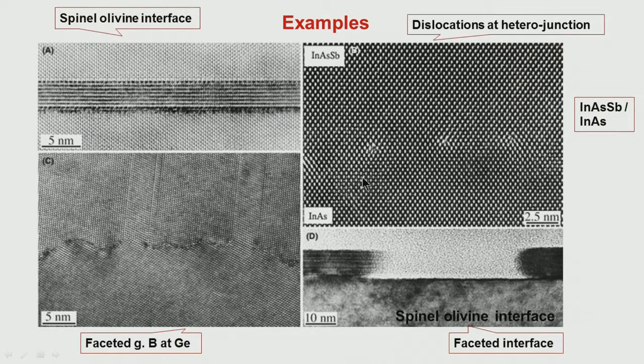Okay. In this one, indium arsenic antimony, if we look at it, the contrast looks almost the same, but there is a distortion of the contrast which we can see. As we mentioned earlier, there is a slight shift which has happened. This region corresponds to where interfacial dislocations are present, and when the interfacial dislocations are present, atoms are displaced a little bit. So, this gives rise to a variation in S, which gives rise to a small shift in the fringe spacing here.